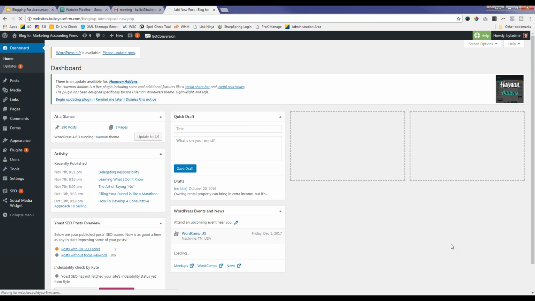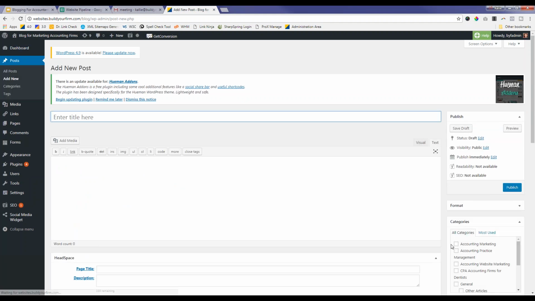And it's going to bring up what's going to look pretty basic. We're going to give it a title, and then we can go ahead and craft the post as well. So just going over the basics of what this page is. Obviously, we have the option to add a title. We have the editor, which is right here in the middle, which is where we would craft our entire post.